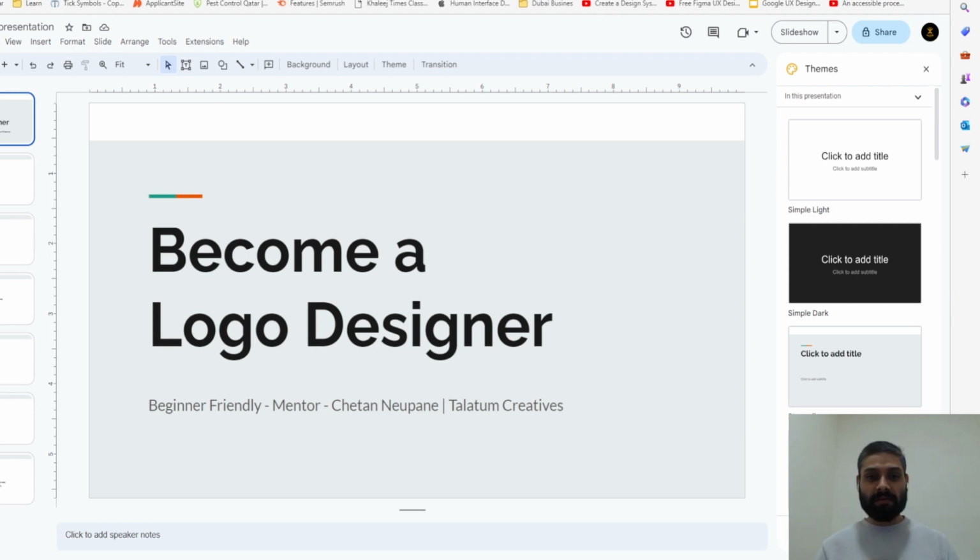Personally, I'm a T-shaped person. T-shaped means I am very specialized in UX UI design, but I do have some other knowledge related to creative fields. In today's world, if you are specialized in only one particular job, then I think it is quite hard to survive as a job holder.